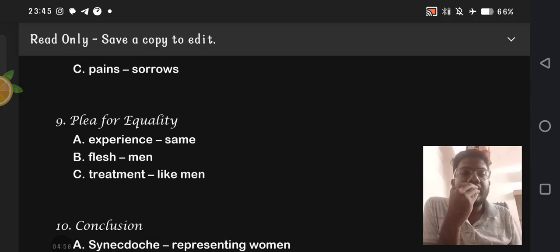So through this poem, she reflects upon the experiences as well as compares the experiences of men and women, that they too share the same experience, as they are in the same flesh. Their soul resides in the same flesh-filled body like men. So she asks for the same treatment like men, to consider them as human beings equally without any bias or